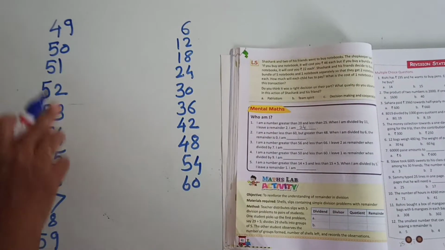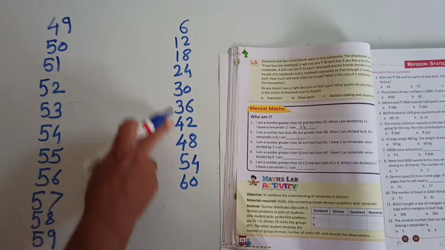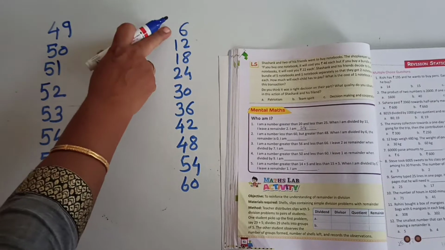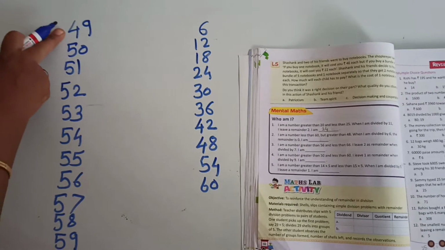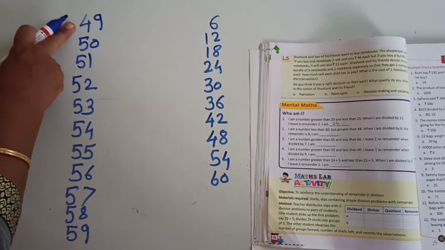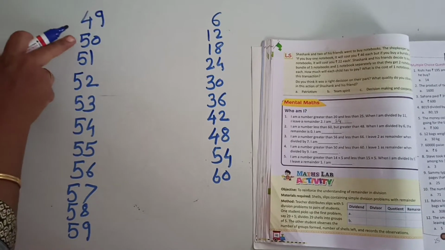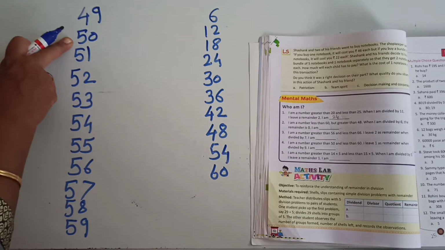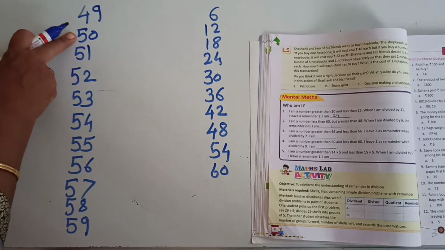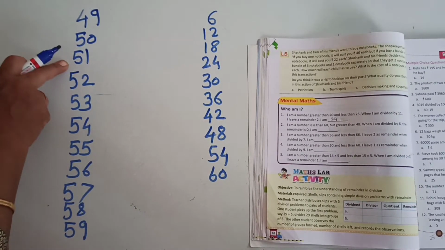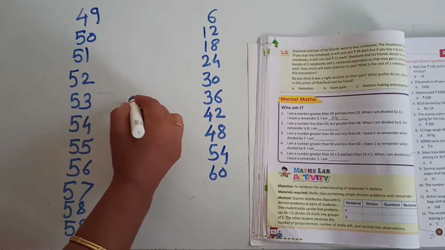Remainder 0 means we have to search the number that will come between 6 ones are 6 to 60. Look here, here is 49. When we divide by 6, 8s are 48. Here remainder will come 1. If 6 9s are 54, then remainder will come 4. Here 51 means 3. 52 means remainder will come like